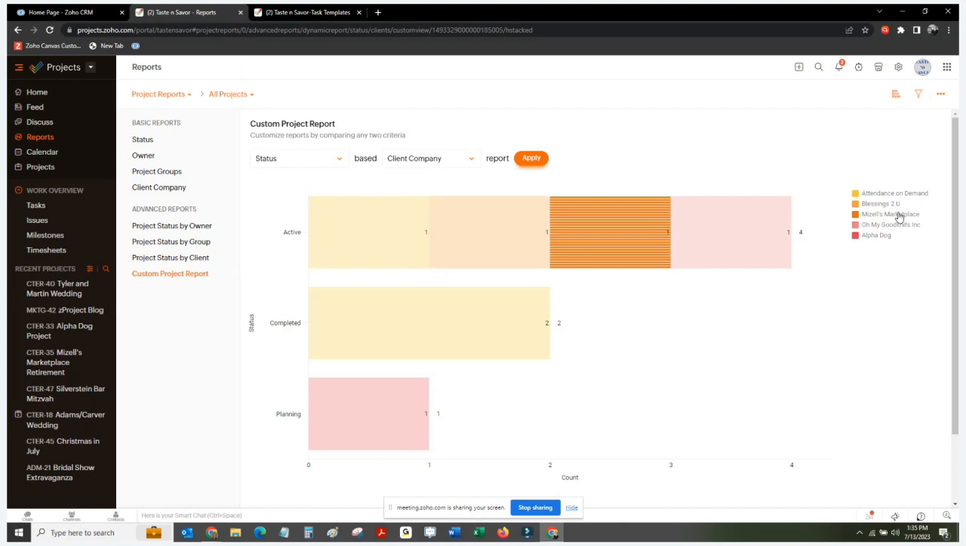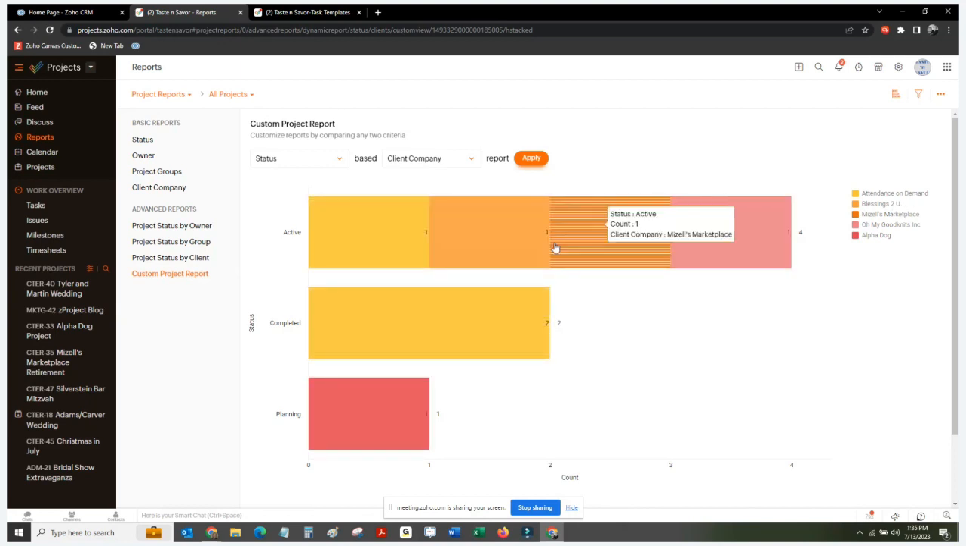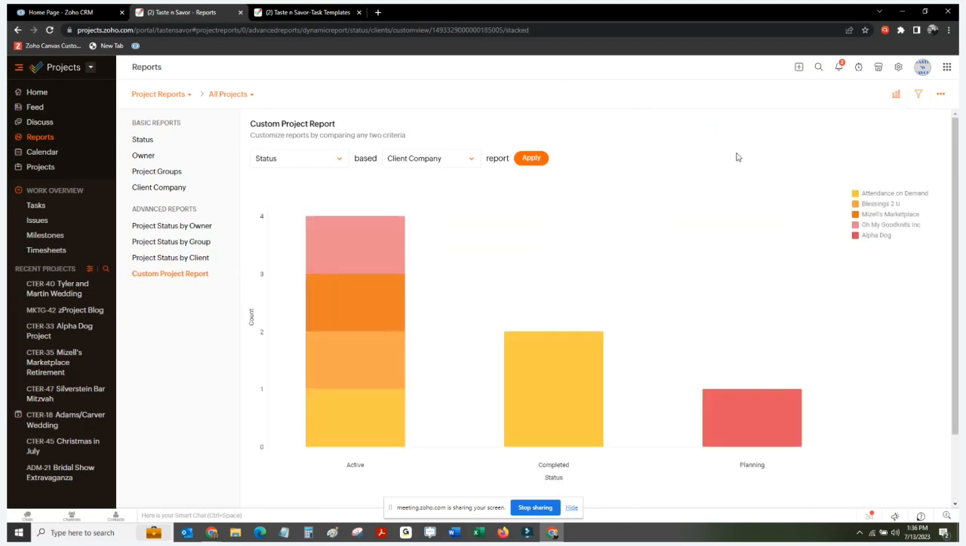Another option here is to reformat this chart. If I go up here and click on the chart type, there's limited options, but I can change this. Maybe I want to change this to a vertical stacked look. Okay, so I can do that as well. That's from the projects